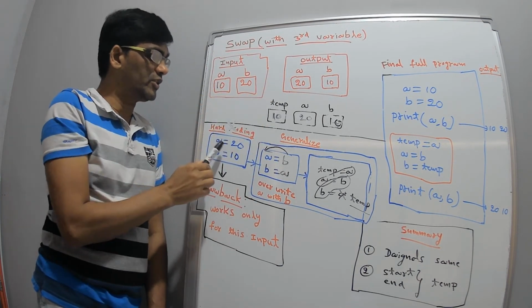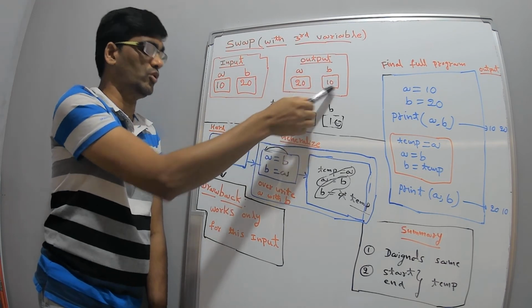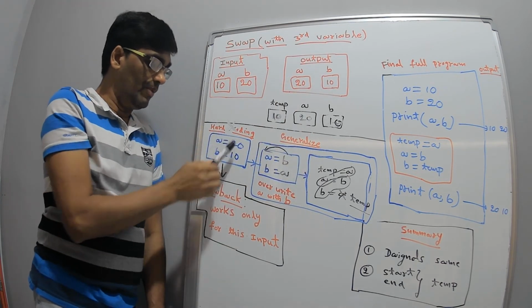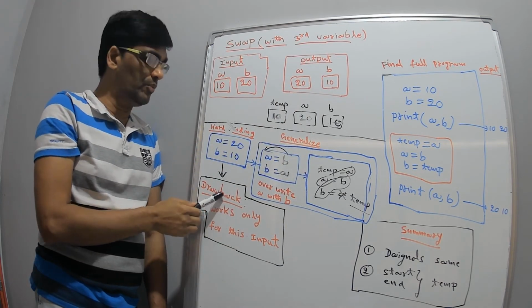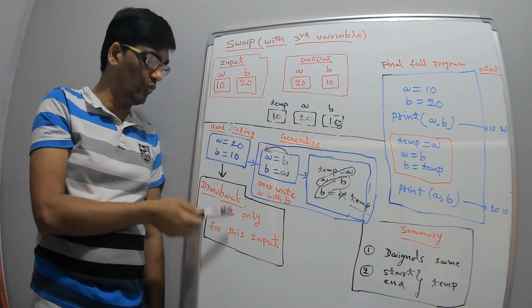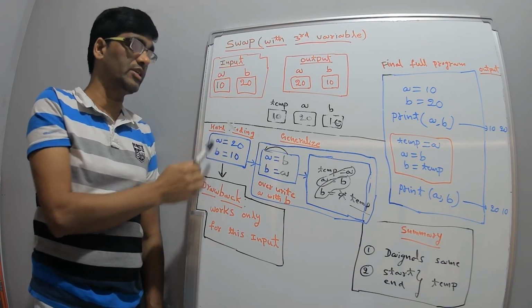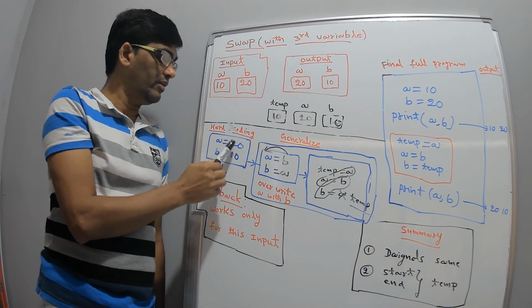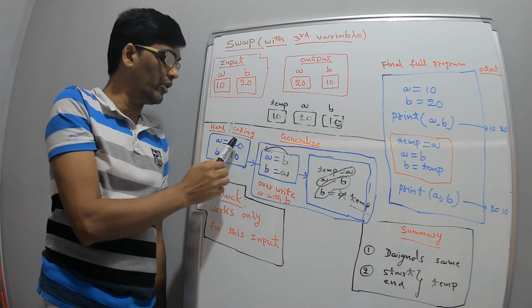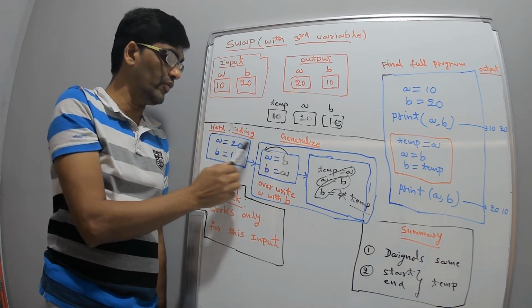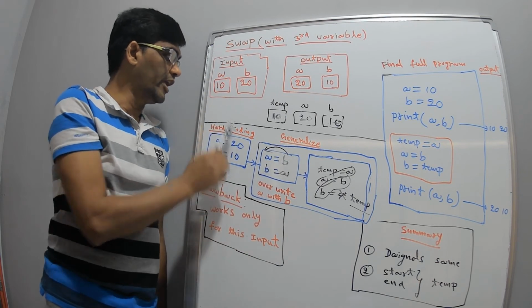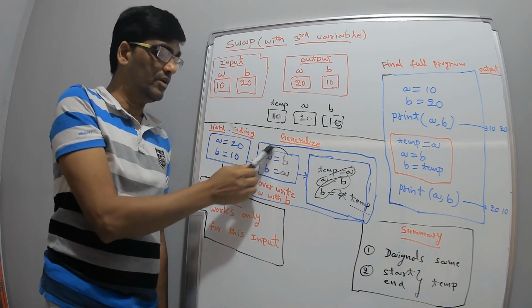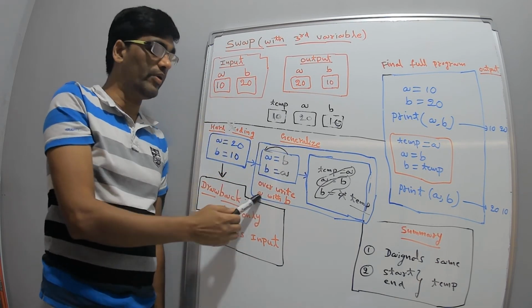Okay. So to quickly summarize this program, what we did first, we did hard coding directly: A is equal to 20, B is equal to 10. But this program will work only for this input. Any other input if we give, it won't work. That is the reason this is never suggested. What other way did we do? Simply this we converted into another program. 20 is here, so that is B, so we replaced this with B. 10 means it is A, we replaced with A. But this didn't work because A is overwritten with B.